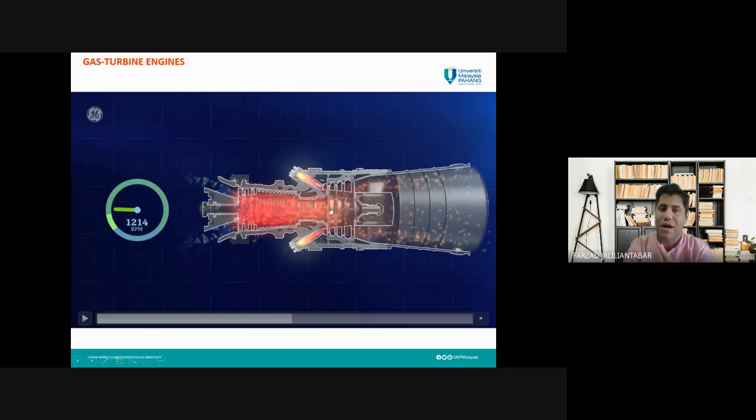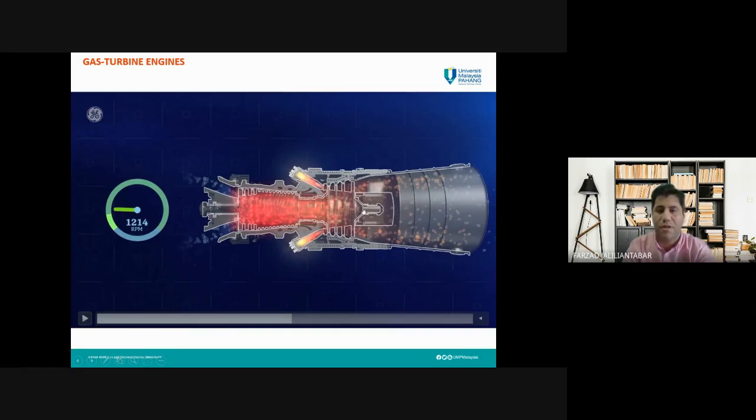And this high pressure working fluid, the air, we can say, will cause rotation of this turbine. Rotation of this turbine will transfer to a shaft,